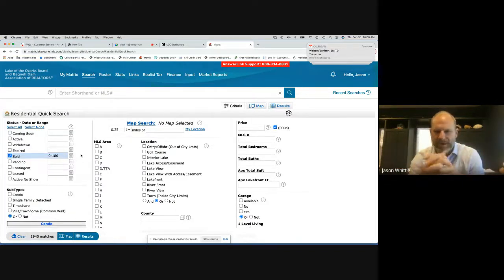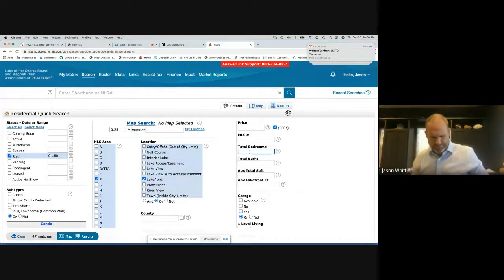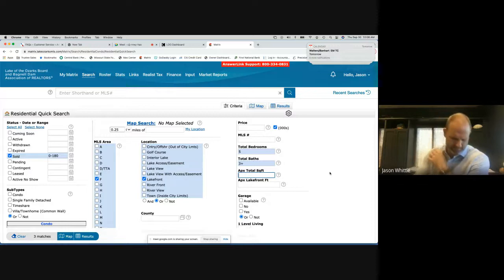If you've got a really big property, say it's a $3 million home, there may not have been any in a normal market. There may not have been any solds the last 180 days. So you go back 365 days. But I'll start tight. So I'll start with F and I'll go to lakefront. I'll put in my bedrooms, 5 bedrooms. I'll put in probably 3+ is what I'm going with. My approximate, I'm going to put in 2,200 square feet